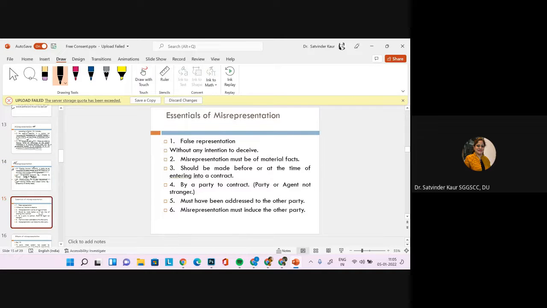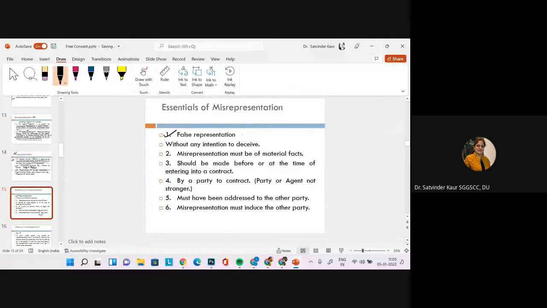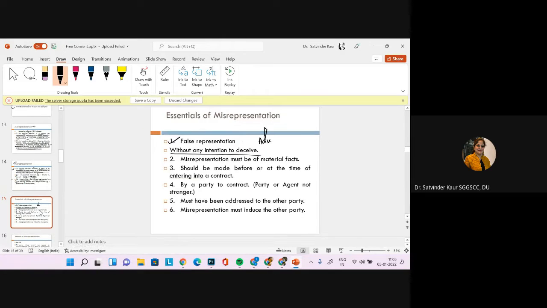So what we understand by misrepresentation is that there is a false representation, in terms of a positive statement, in terms of hiding of the statement, or in terms of concealment of the facts, which led the other party to commit a mistake about the subject matter of the contract. But again, the essential element is that there was no intention to deceive. It is only to enter into the contract and to receive advantage by entering into the contract.